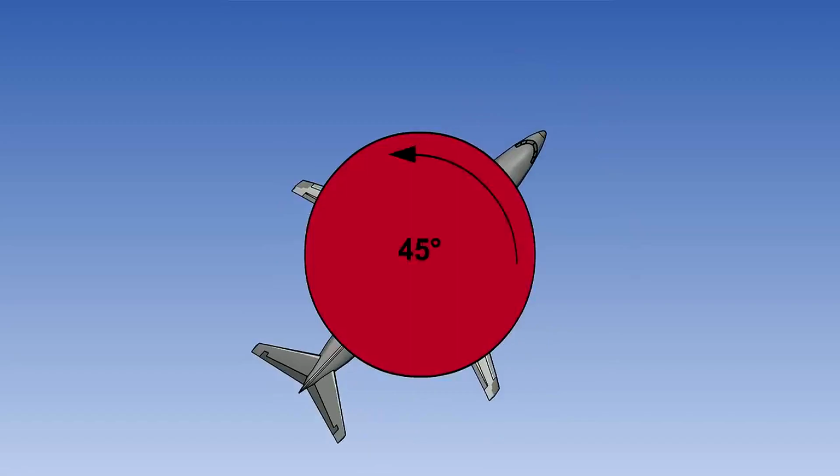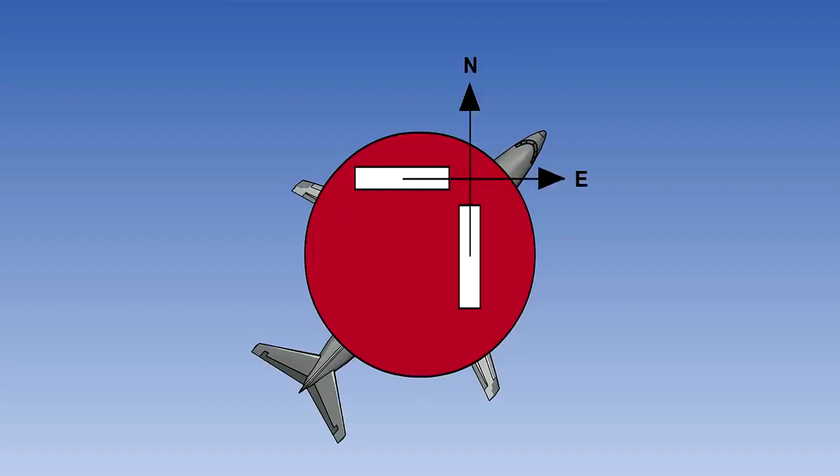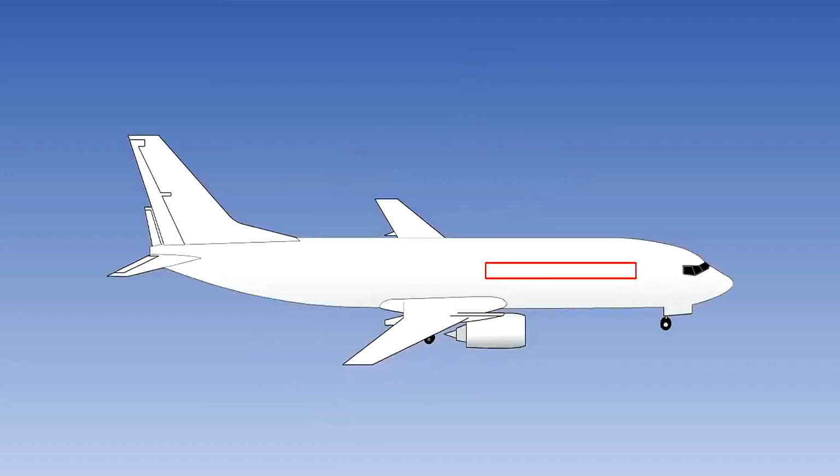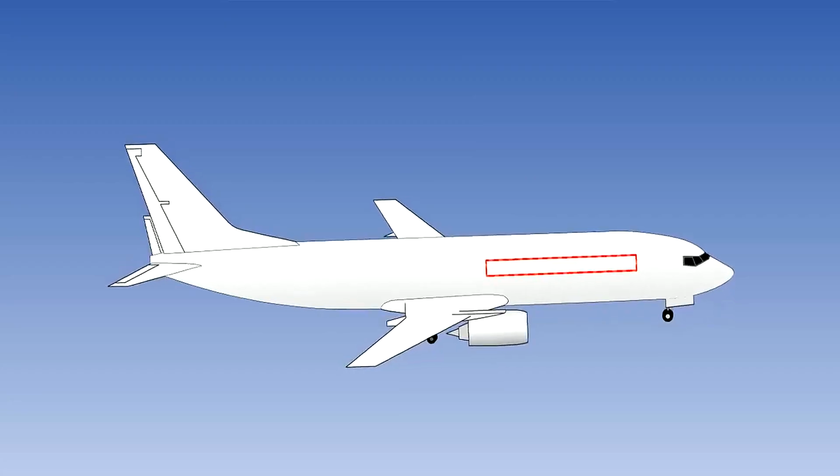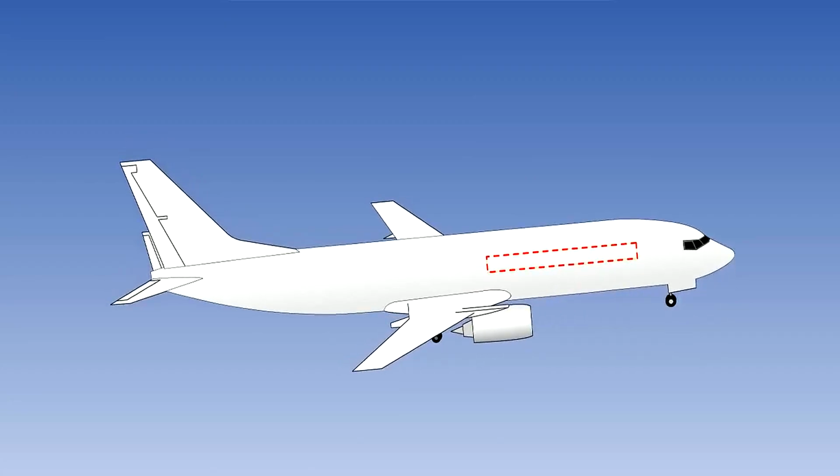The accelerometers are mounted on a table that can rotate, called a platform. The platform is shown obviously out of scale to the aircraft for the sake of clarity. Suppose the aircraft is initially flying north. The orientation of the platform and the accelerometers will be such that the accelerometers have their sensitive axis facing north and east. Now suppose the aircraft alters heading 45 degrees to the right.